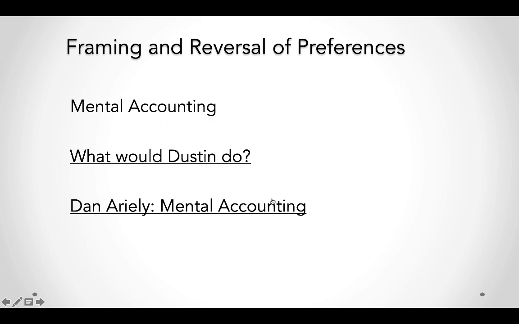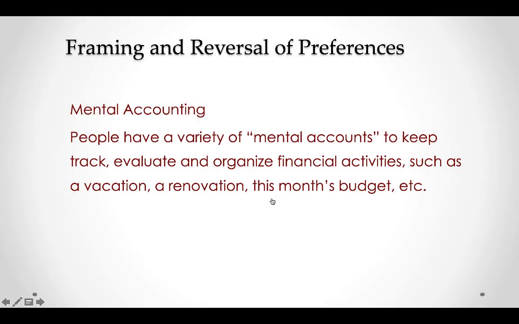In the example Ariely gave, we are forced to make this anomaly all over again because we keep money in a savings account that gives us a really low yield, and we also have high debt on our credit cards with a much higher interest rate. We keep these mental accounts separate, although we should combine them and get rid of the interest that we pay on the credit card. But we're not doing that because of this mental accounting concept. So it is an anomaly, but people do it all the time. Okay, so we're doing this mental budget.